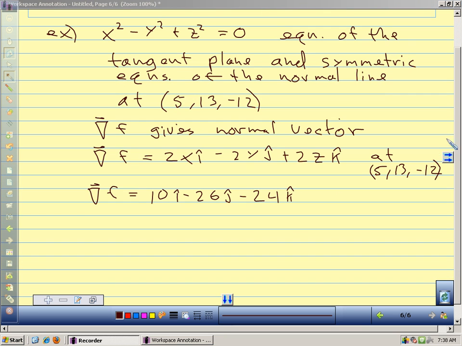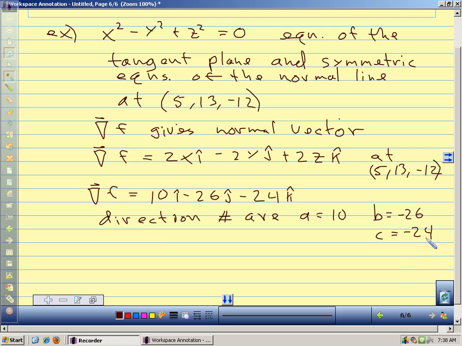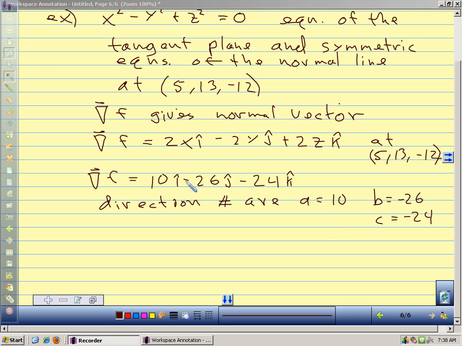So this gives us the direction numbers for our plane. Our direction numbers are A equals 10, B equals negative 26, and C equals negative 24. We could use any multiple of these. We'll just use these. So the equation of our plane